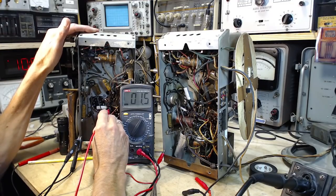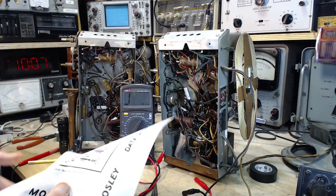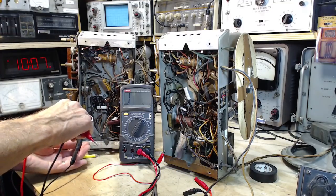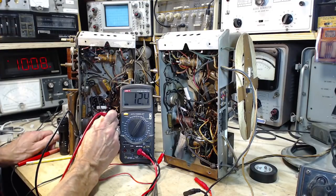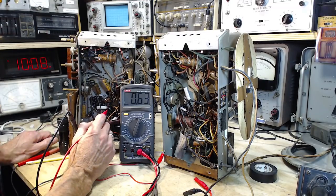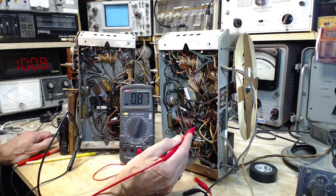Well, what we'll do is, because we're not getting anywhere here, they almost all read the same thing. There's a small resistor there, 8. Is that supposed to be 800K or 300K? Which one is it? Like it's going to ground here. So if we read here, we're going to get the resistance or something less. 1.5. I checked these before and got the same reading. So that's coming out at 600K. And over here, oh, I can see the colors on this resistor. Green, probably black, and yellow is what I'm going to guess that is. Now, how come we're getting...